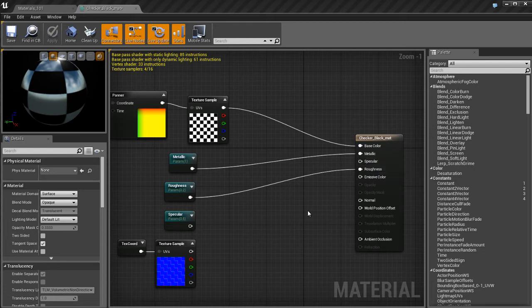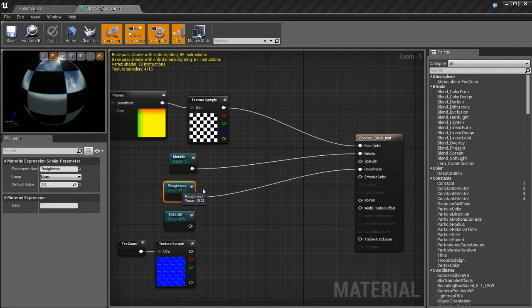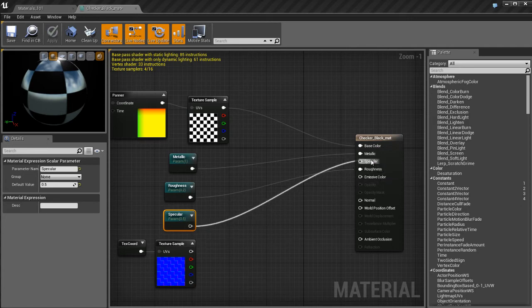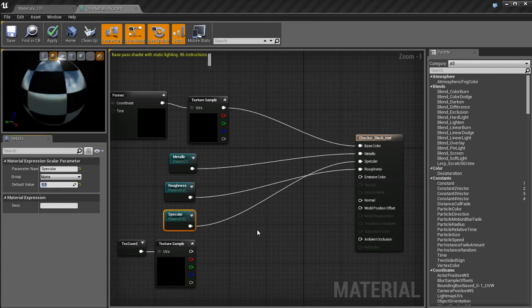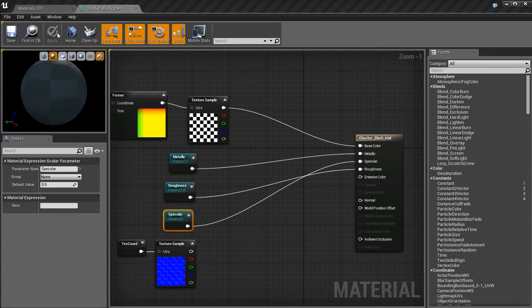Now, normally you shouldn't mess with the specular. By default, specular is about 0.5 in the material. But if you want to, you have the option of adjusting that if you want to have more artistic control over the shininess of your object. So here I have a specular node set to 0.5. I'm going to plug it into the specular slot, and I'm going to change the value to 0, and let's